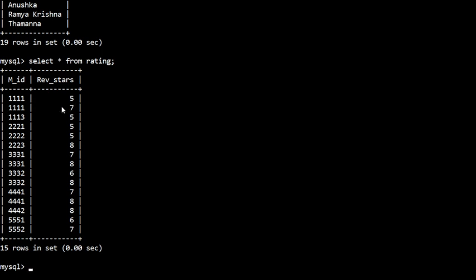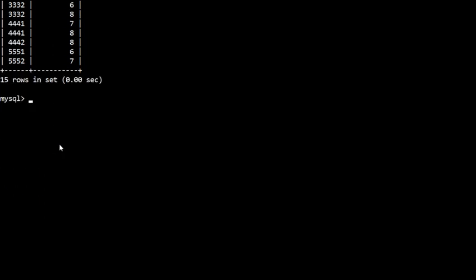And they have mentioned not the movie ID, we have to display the title of the movie. The title is not there in the rating table, so you have to join the rating table and the movies table.